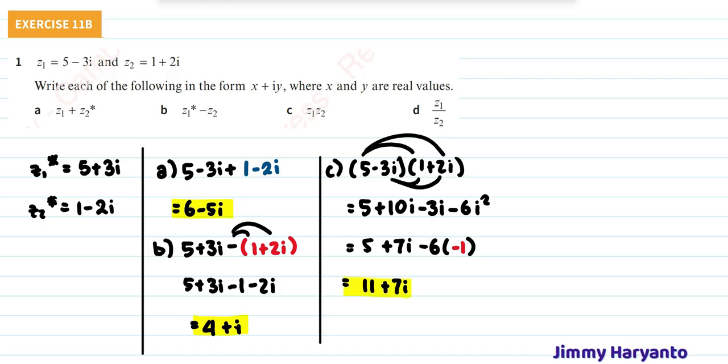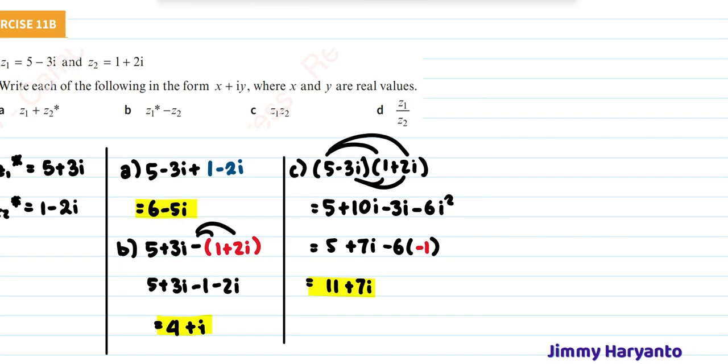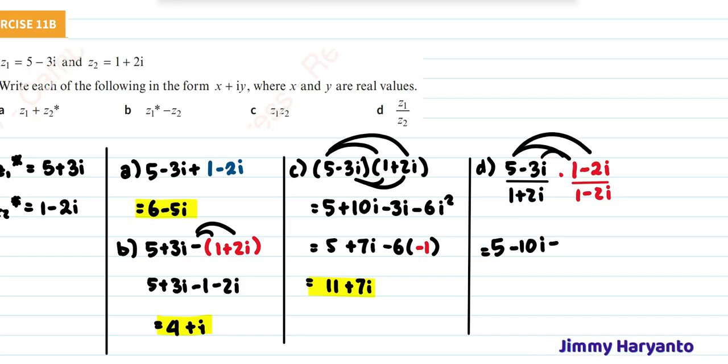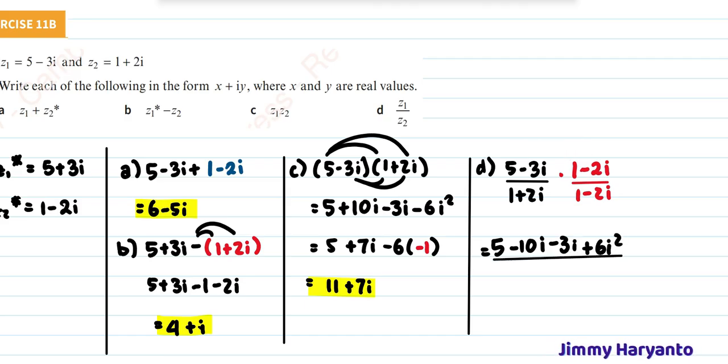And then D, we have z1 over z2. For the D we have z1, which is 5 minus 3i, over z2. z2 is 1 plus 2i. Because we have i at the bottom part, that means we have to rationalize this like this, 1 minus 2i, and then we multiply. This one becomes 5, and then this one will become negative 10i. This one is negative 3i, and the last one is positive 6i squared over, for the bottom part, 1. You don't have to multiply all of them for the bottom part, you only have to multiply this and this one,